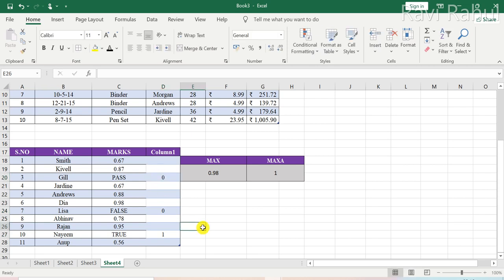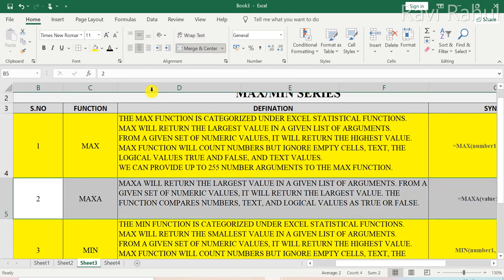So now if you see, the maximum, that is the highest value, is 1, because this is TRUE here and TRUE's value is 1, so it is displaying 1. That is, MAXA accepts all the data such as text, logical data and numerical values. That's the difference.